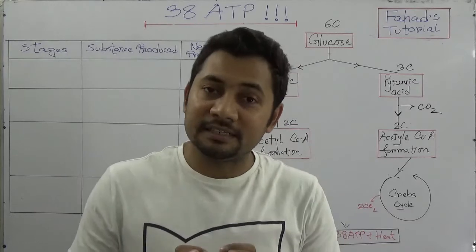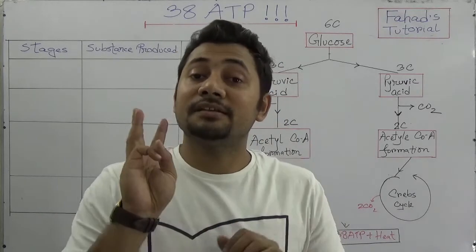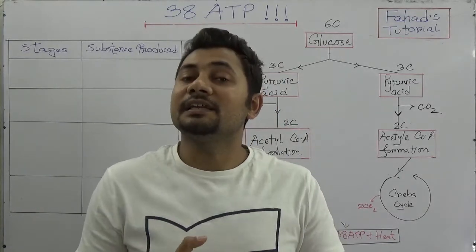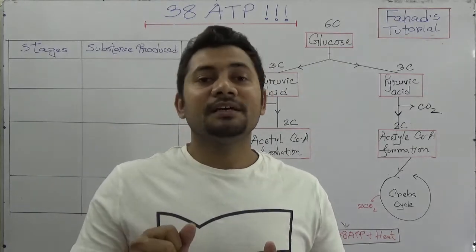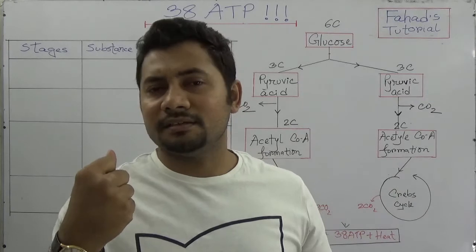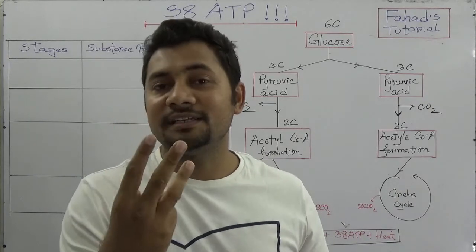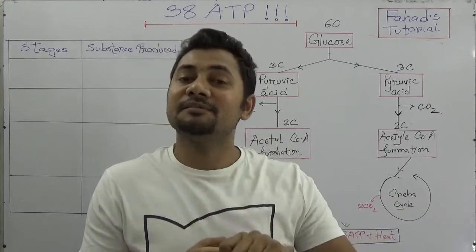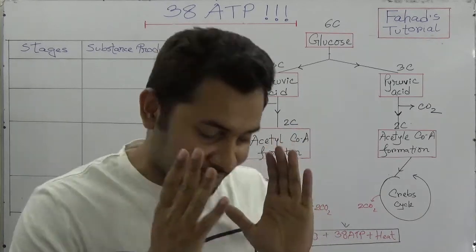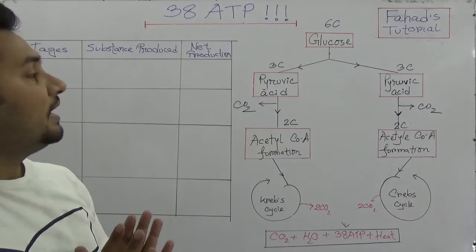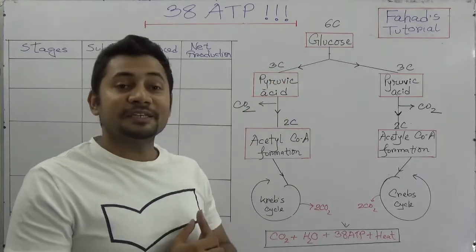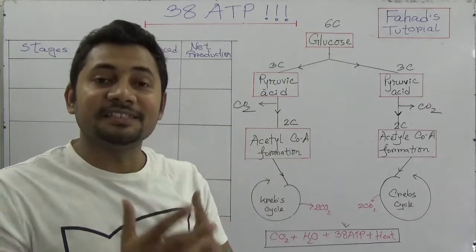And I already said that there are some books where it is written that there are 3 steps, where acetyl-CoA formation is not included as a step. In some books it is written as glycolysis, Krebs cycle, and electron transport system are the steps of aerobic respiration. But here I hope that you know this figure already, and we need to explain how this 38 ATP